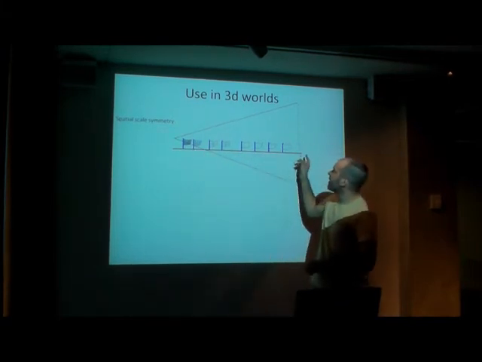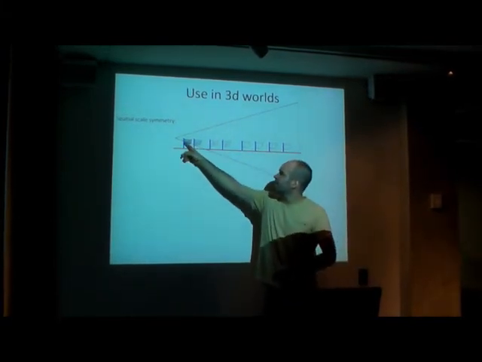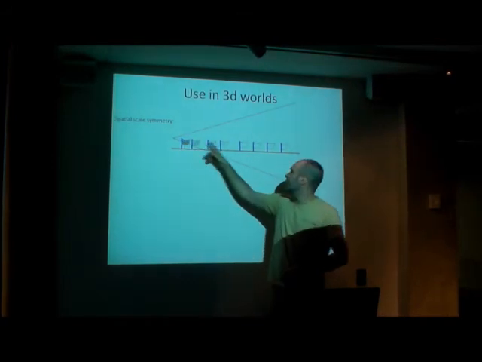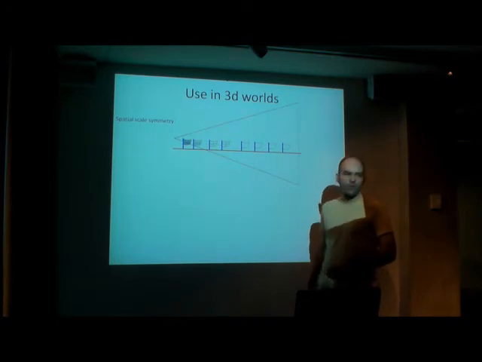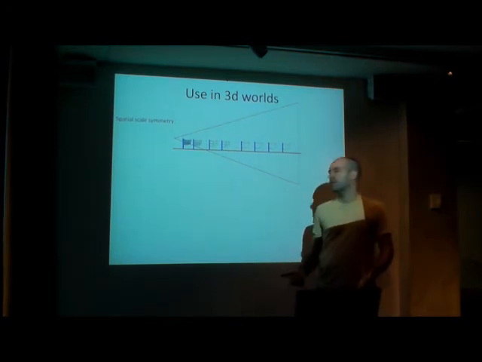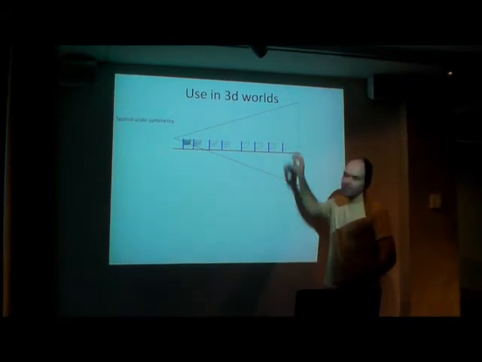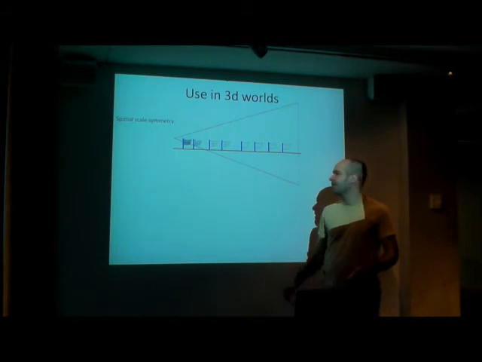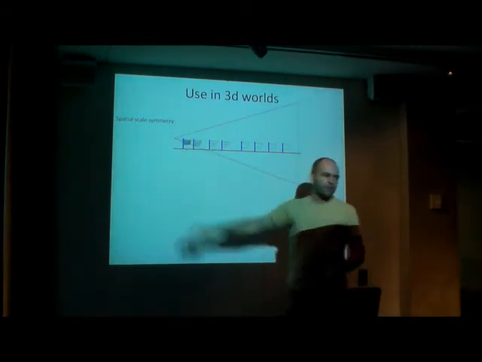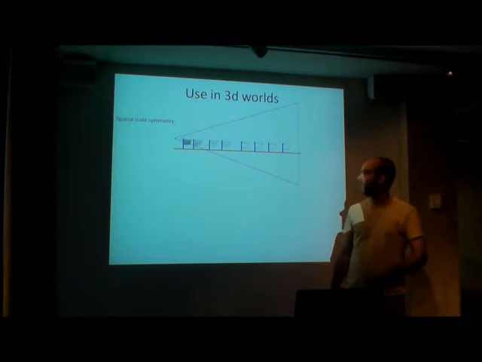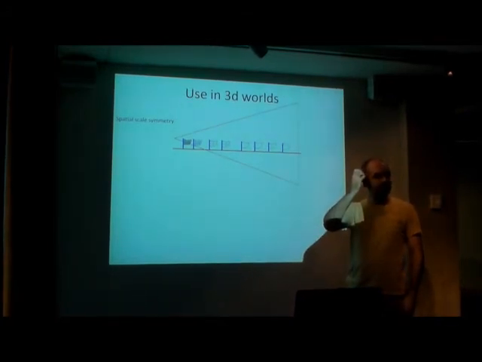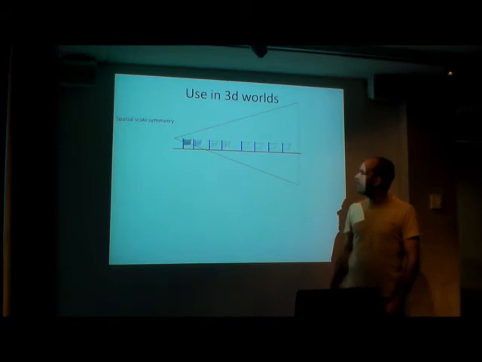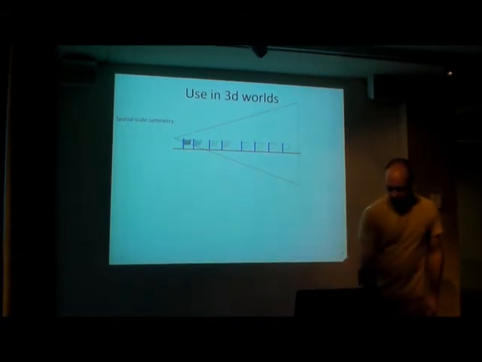This is an example of a flag. If you're rendering the flag, then you're going to need a lot more polygons when it's close than when you're far away. But also, if you're simulating a flag, you may only need to approximate it by 4 points if it's a long way away. And as you get closer, you're going to want to simulate it with a lot more detail up close. So spatially, there's scale symmetry, but also